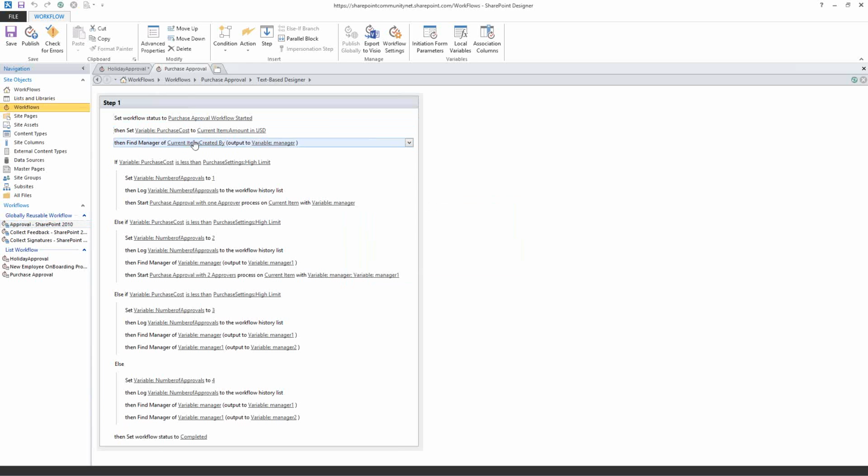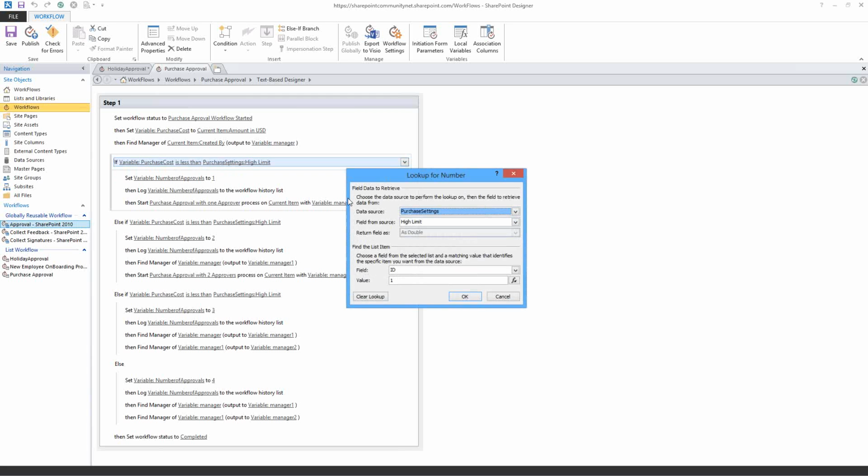And then, because we'll need at least 1 level of management approval in any of the cases, even if it's low, medium, or high expense, we're always going to need at least 1 manager. So I'm going to get the manager right away and save it in the manager variable. Then we're going to start an if statement. What do we want to check? If the variable purchase cost, so the amount of money, is less than,